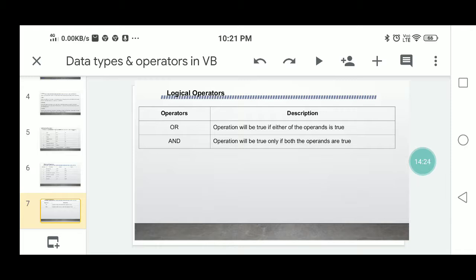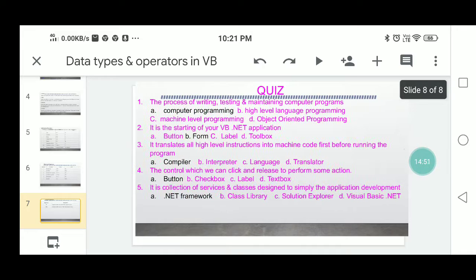In the case of OR, if only one operand is true, the entire condition is true. In the case of AND, both conditions must be true for the result to be true. This is the logical operator.